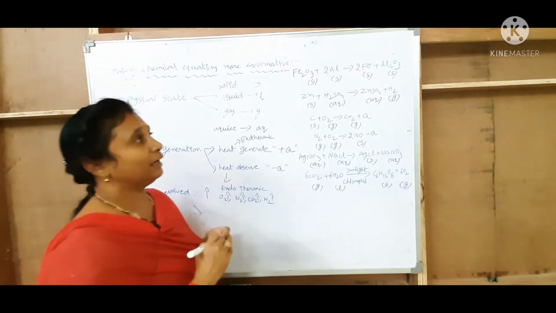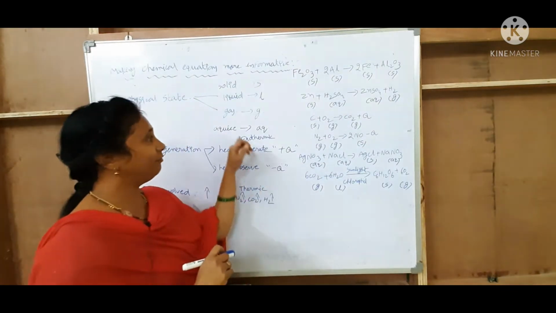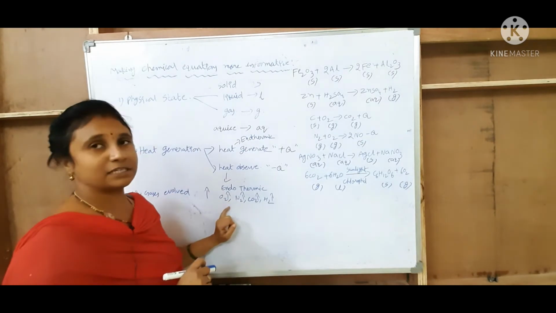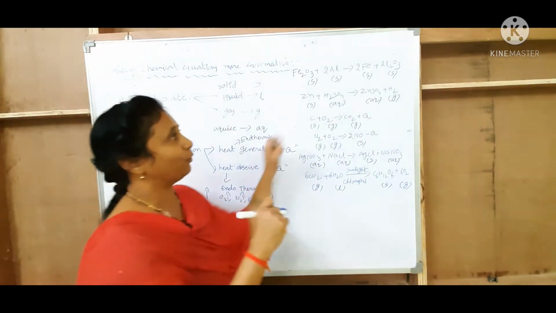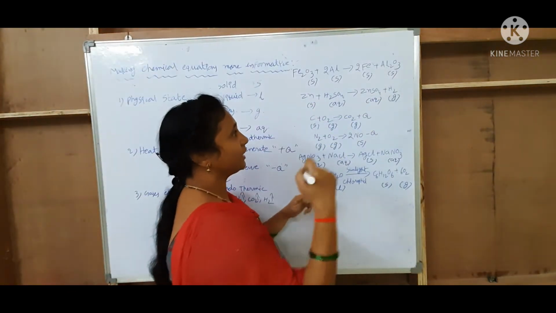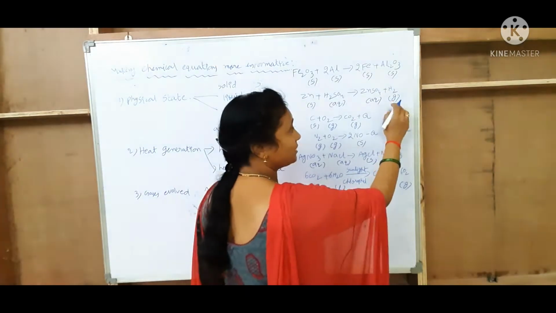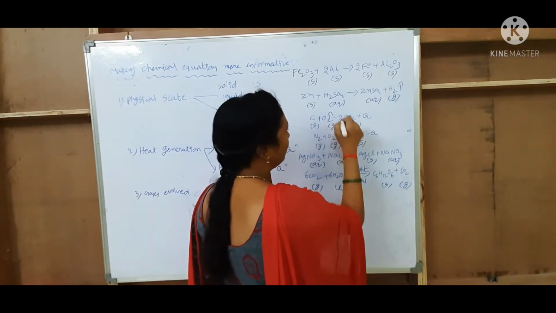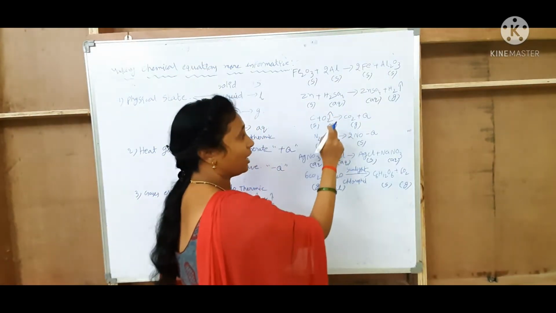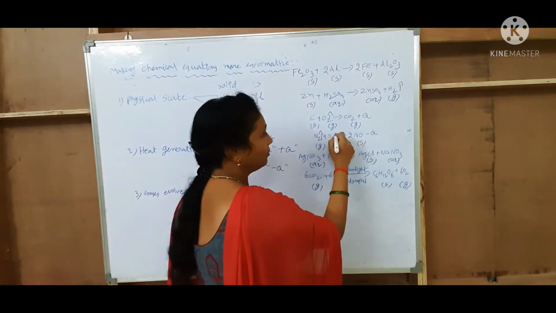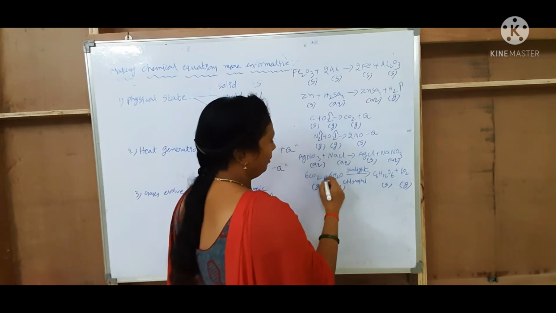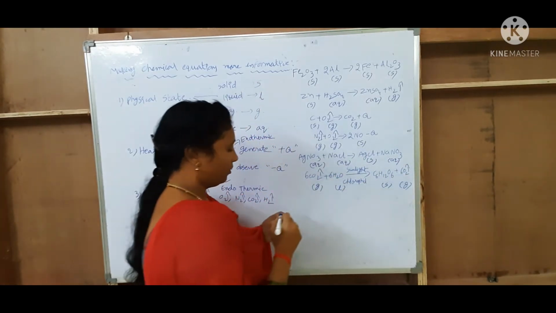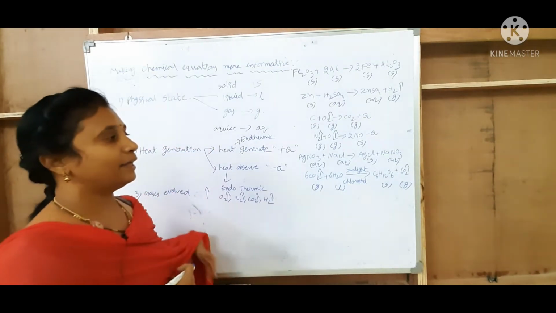Here the gases are specified with the G symbol, or you can specify these gases with the upward arrow. Here the H2 is the gas. You have to specify either by G or upward arrow. Here the oxygen is a gas. You have to specify the upward arrow or gas. Okay, you have to specify like this. Okay, the next one,